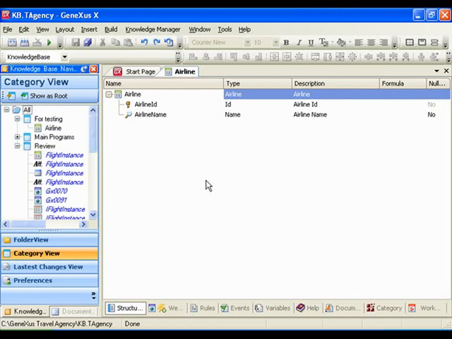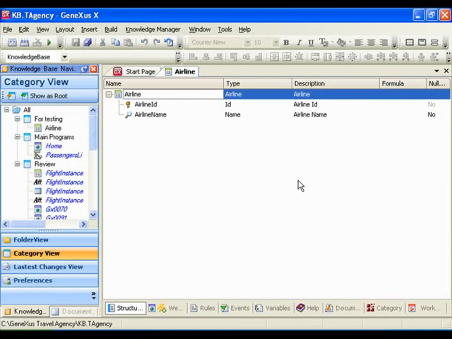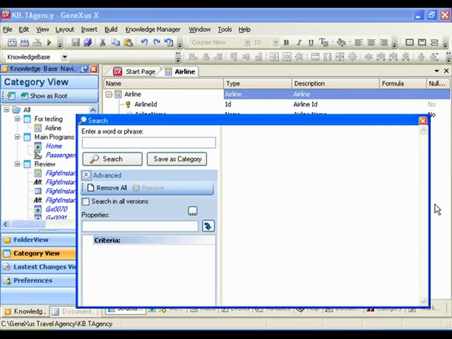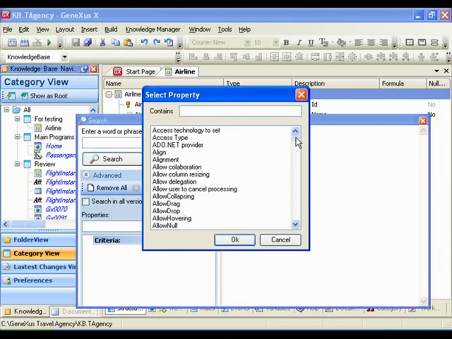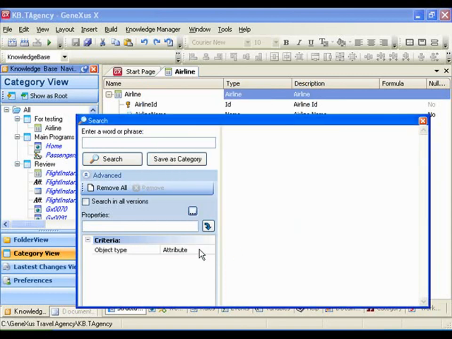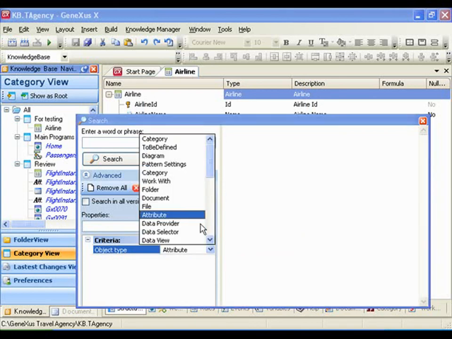Another possibility would be to run a search based on a value that the objects must fulfill in their properties. Let's open the search window once again, and we'll search for all transaction type objects. So we select the property object type, and here we'll enter the value the objects must have. We're searching for transaction type objects. So we select transaction,